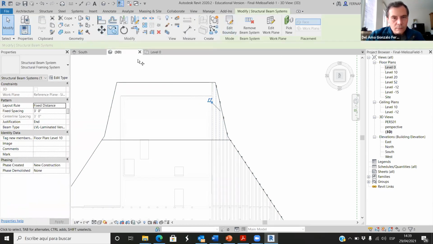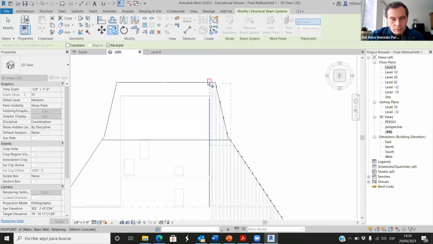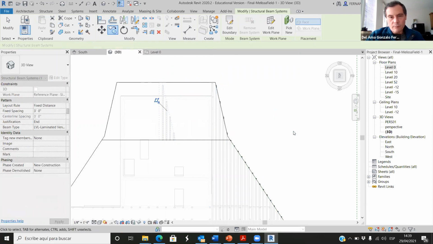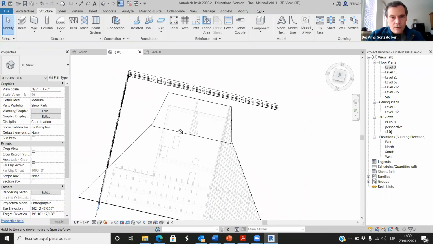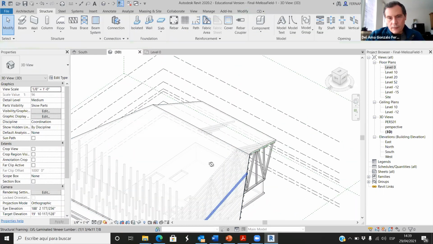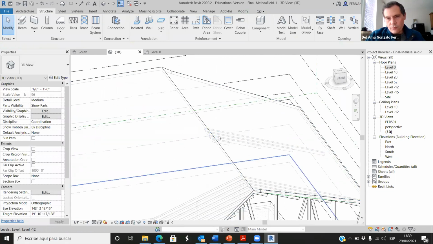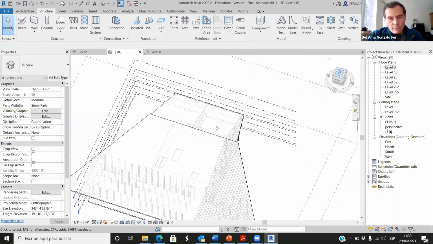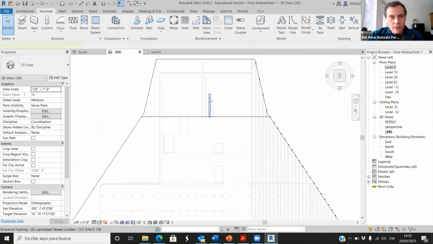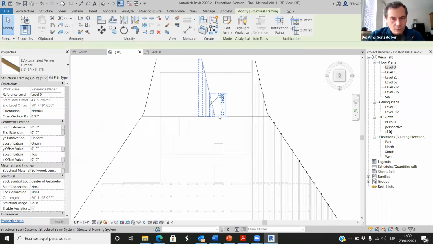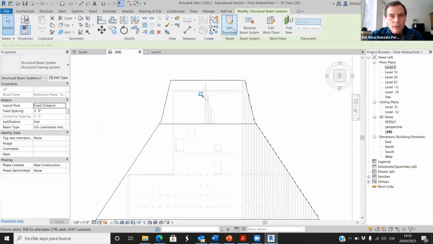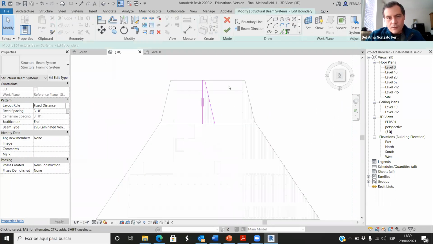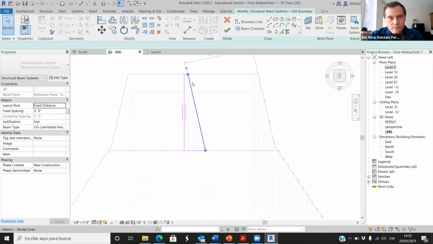Let's copy. Let's make it more radical. Okay, we're copying this beam system. Now it doesn't make any sense. The only thing is that it's adjusted to the slope that we have here. But the good thing of beam systems is that if we select the system, we can edit boundary. So if we edit the boundary,